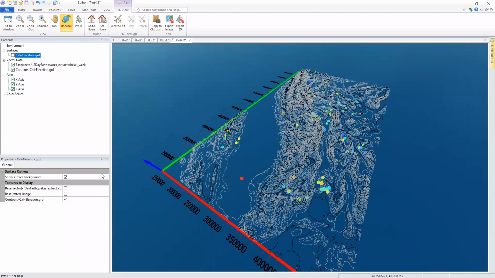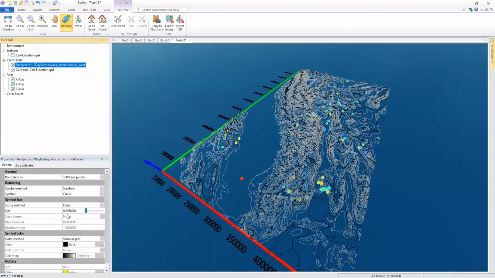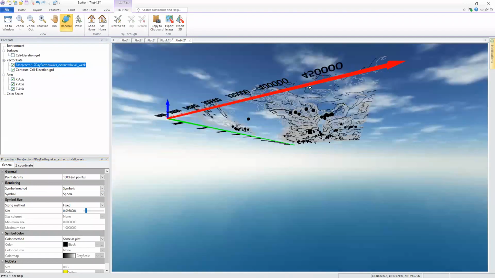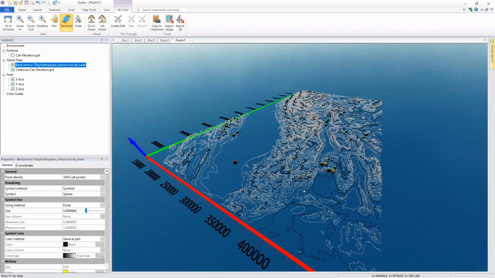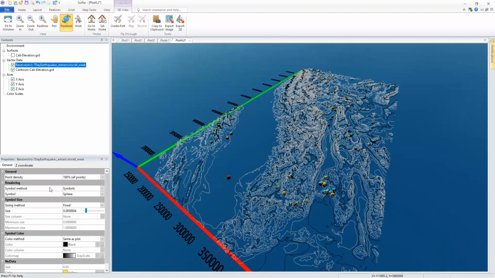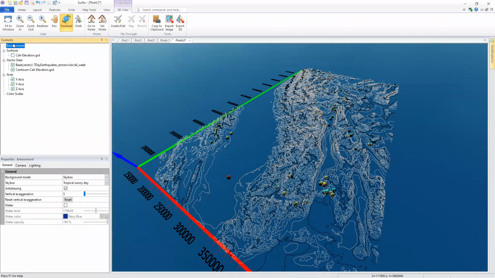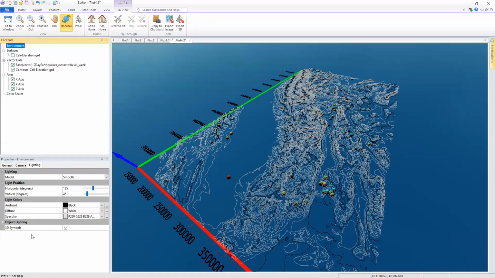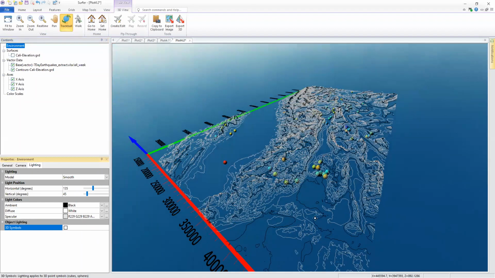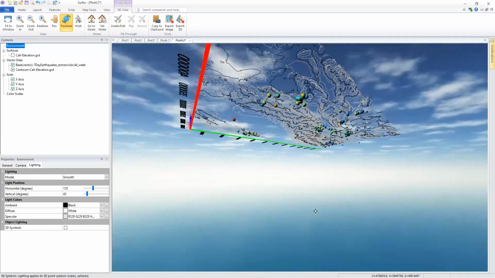All right, so a few last things here before I break for some questions. I'm going to show you how to set our symbol here to our 3D sphere. And you can see them, but the shadowing might not quite be exactly as expected. If you remember, I'm going to go to the environment, go to our lighting tab, and uncheck this 3D symbol object lighting control. And then we get a much better look here